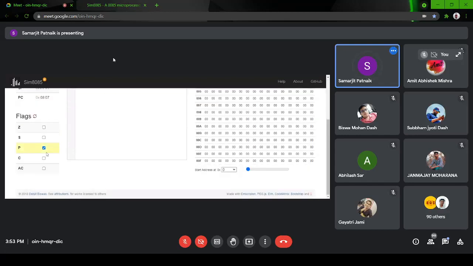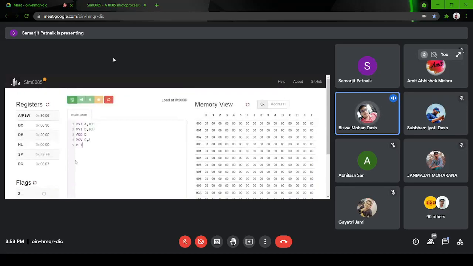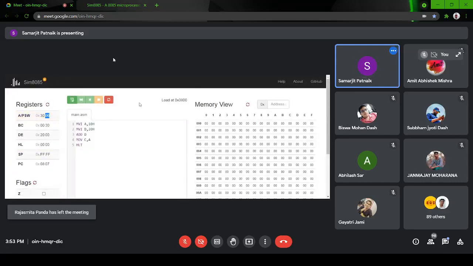Sir, what is 06 written after 30 in accumulator? 06, okay, so this is the flag register. For the timing, just write it in the paper that 06 is the flag register content, and do one thing. Convert this 06 into binary pattern.